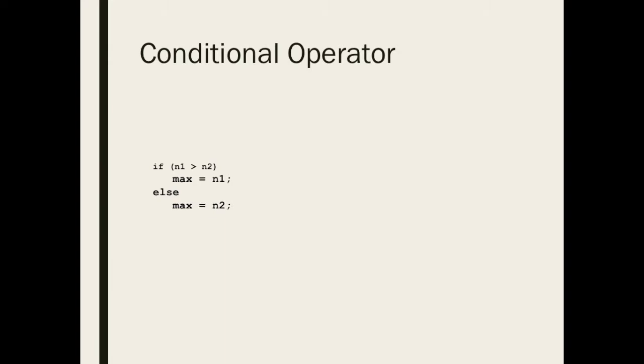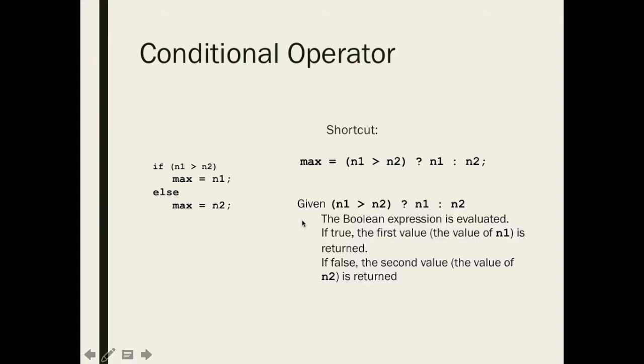For short branching statements like this, there's actually a shortcut. So this line accomplishes the exact same task. This is called the conditional operator, and the way that it works is given this same Boolean expression, so you don't have to change the way that you're writing those, it's going to evaluate the Boolean expression,